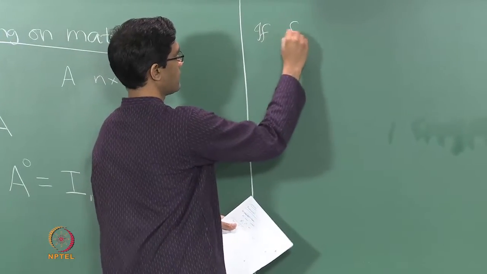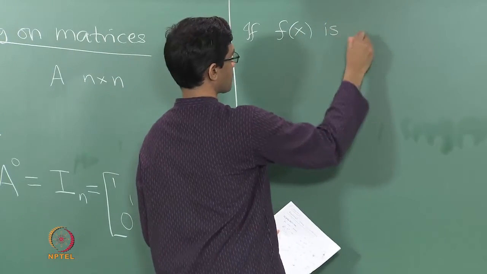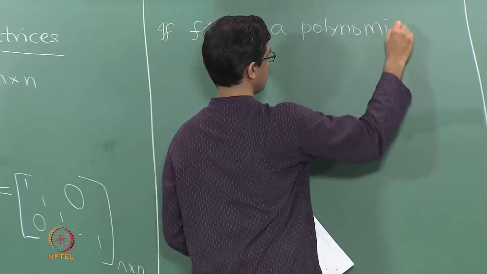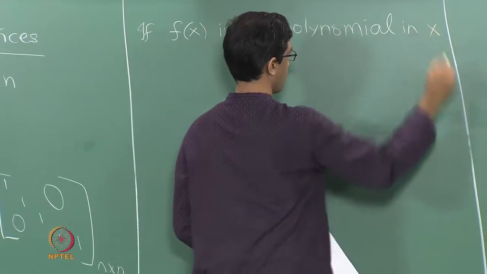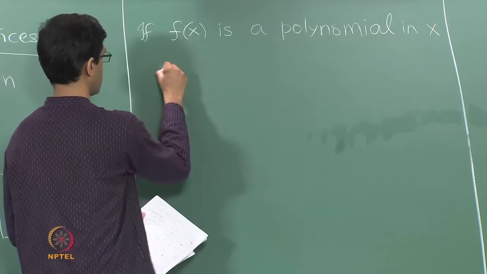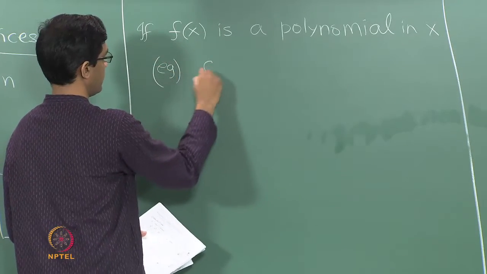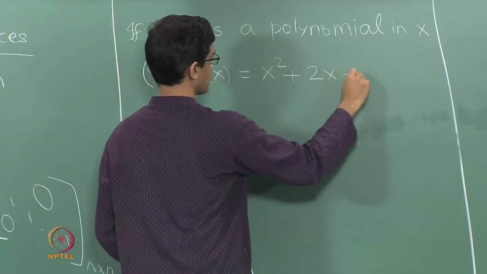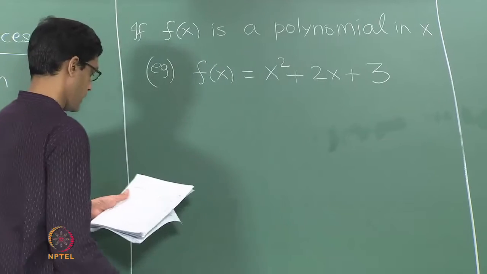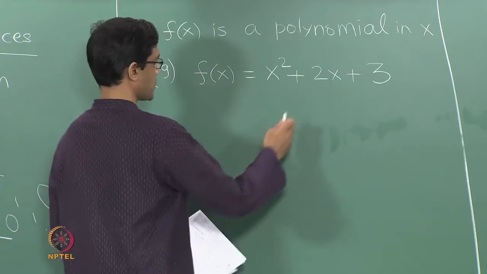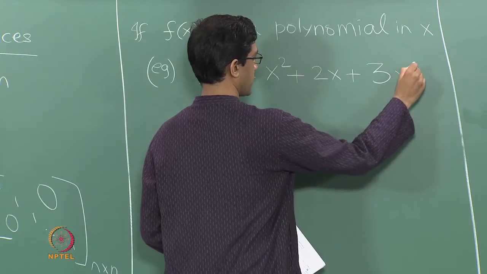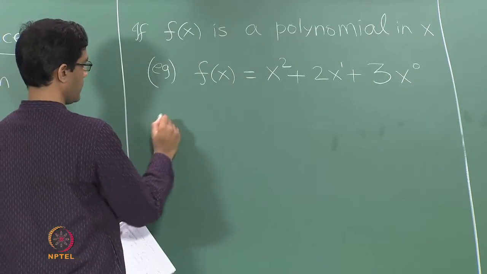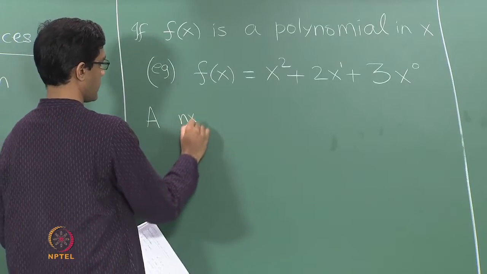If f of x is a polynomial in the variable x, for example, let's say f of x is x squared plus 2x plus 3, then here's what we would do. Let's think of this 3 as just being 3 times x power 0, this is 2 times x power 1. Then if A is any n cross n matrix,